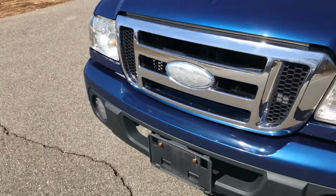Gonna go ahead and try and get you a good look at me shifting through all the gears. I won't be able to go too fast, but just give you a confident look at the way it shifts and everything. Just in second gear here, going down a bit of a hill. The truck really handles great. The brakes feel fantastic,